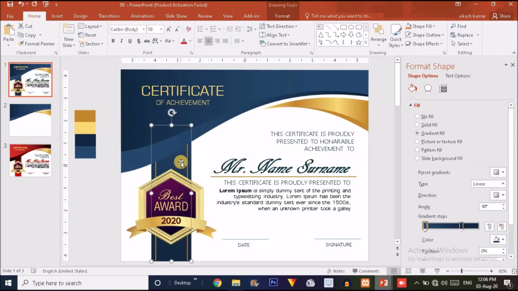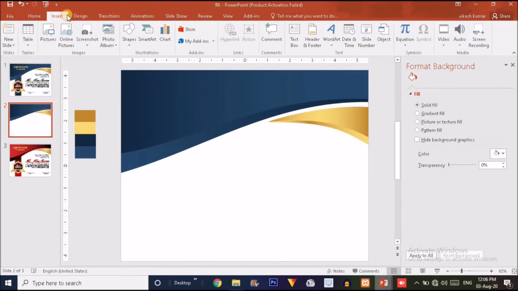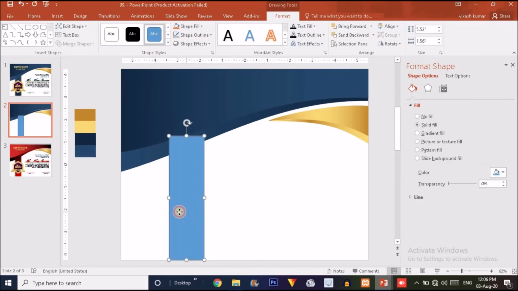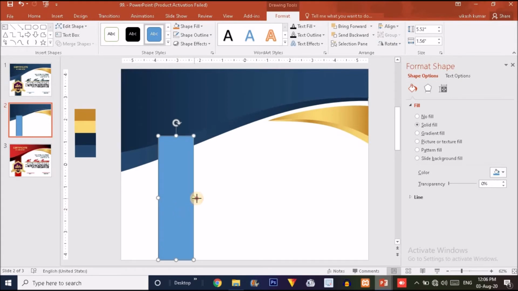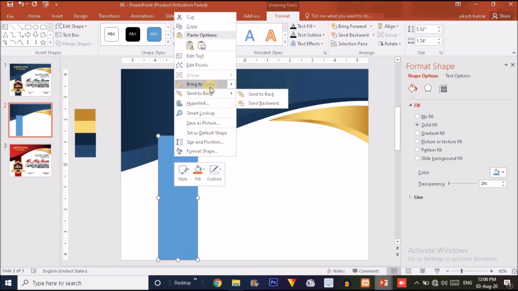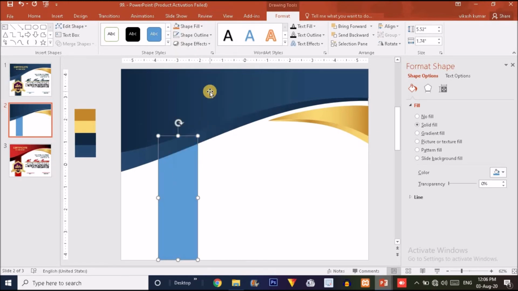So finally what we have to do is put a rectangle over here. Just click on the insert option, choose a rectangle over here and drag a rectangle like this, slightly wider like this. Make it no outline and send it to back by right clicking over here and choosing the send to back option like this.